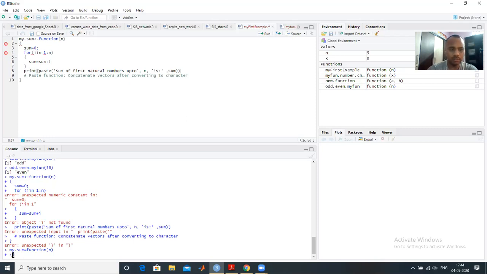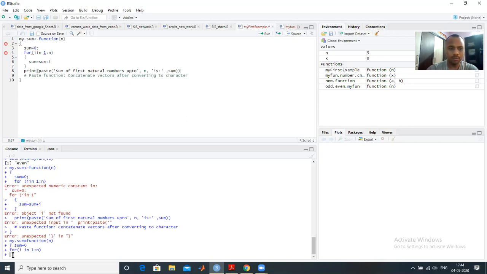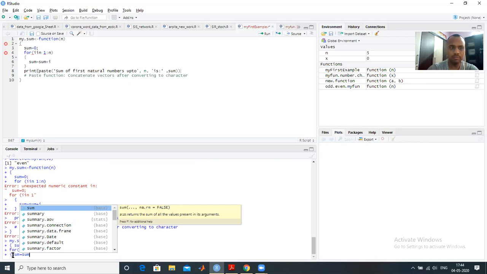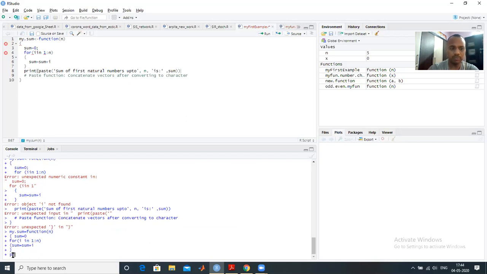So curly braces, and then I'm writing sum equal to 0, and then for i in 1 to n, and then sum equal to sum plus i, and this is closed, and I'm just printing only sum.